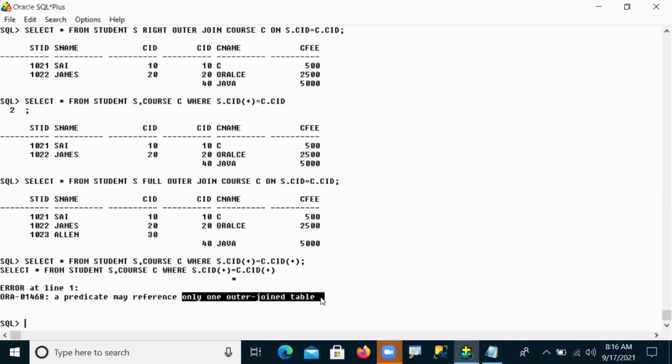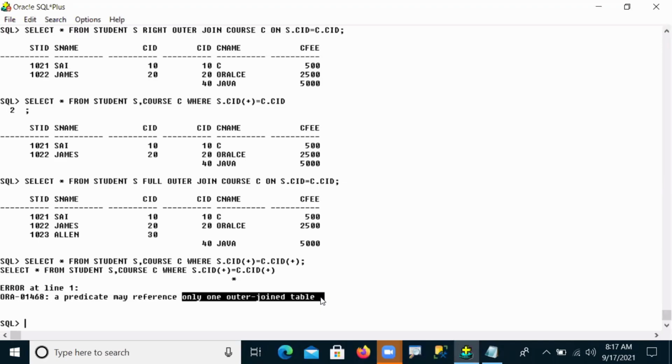Then do you have any idea? Okay. So somebody is saying that we cannot implement full outer join in non-ANSI.